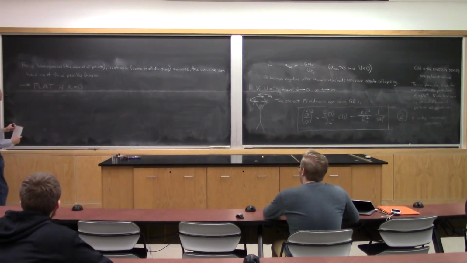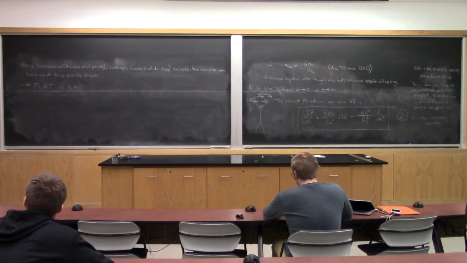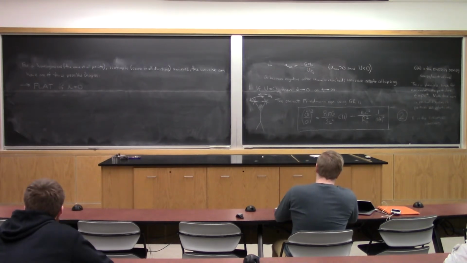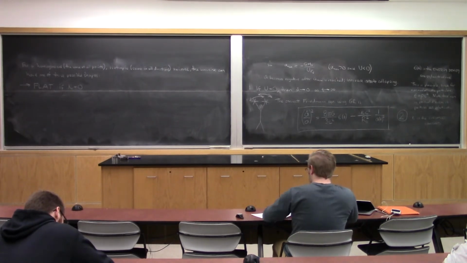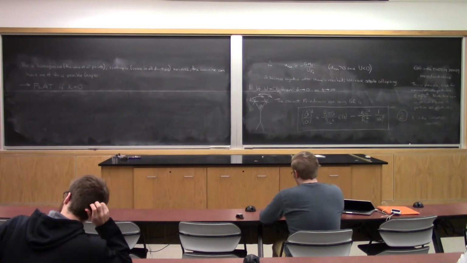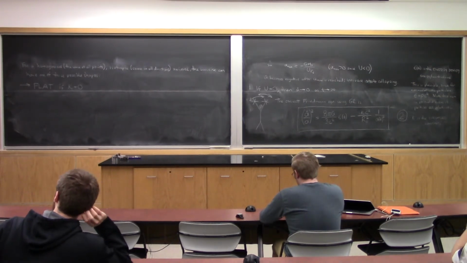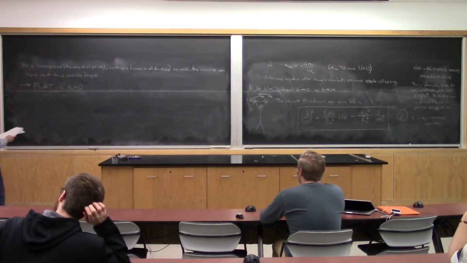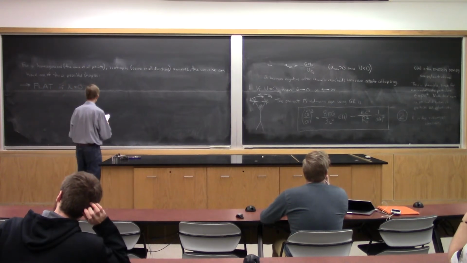Flat means kappa is equal to 0. So in the Newtonian version, it corresponds to the u equals 0 universe, the one where, if we didn't have dark energy, it would expand forever and halt in the limit of infinite time. That would be the classic result, but it turns out that dark energy changes that. More on that later. So flat, if kappa is equal to 0,